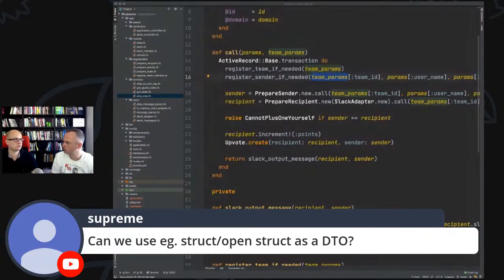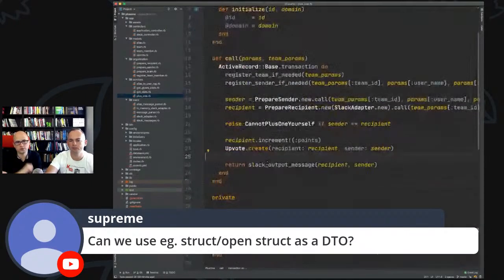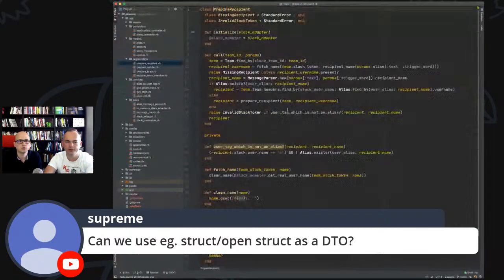So the good idea is to create some kind of anti-corruption layer. So you have your domain code, and then only in one place where you integrate with the external service, you do mapping, right, between one and another. The only thing that we could discuss here also is those prepare classes, and maybe this prepare recipient. I think prepare recipient is a bit bigger. Yes, it's very complicated and ugly. Please don't write such code.